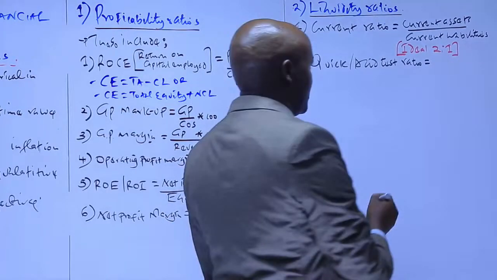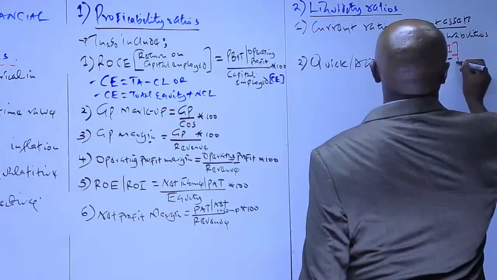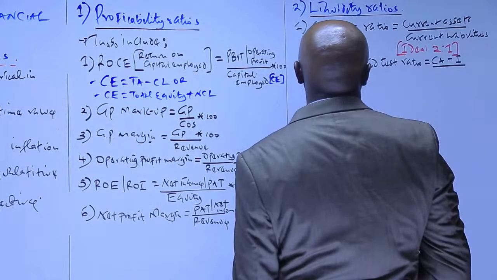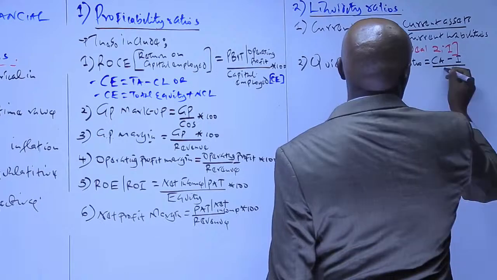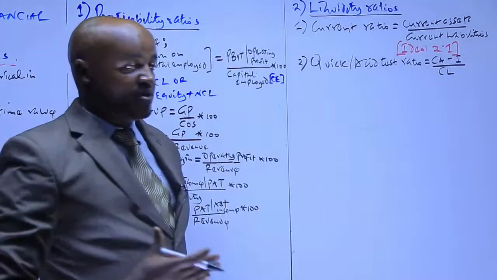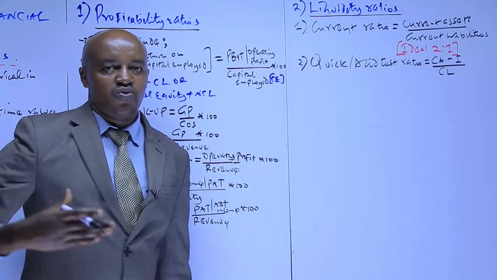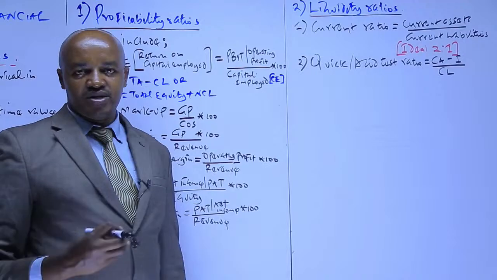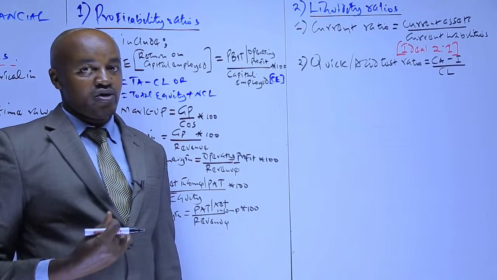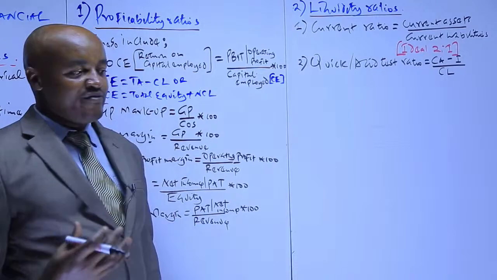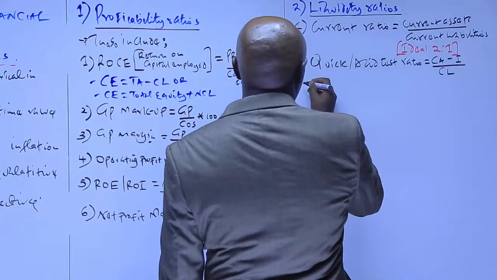Basically all the current assets of the company are highly liquid except the inventory. So therefore, to compute the quick or the acid test ratio, we take the current assets minus the inventory. We say inventory is not highly liquid. It cannot be converted into cash within a short period of time. If you have a business and you have some inventory lying there, there is no way you'll keep on calling your customers to come and buy the inventory which is there. So we take current assets minus inventory divided by current liabilities.